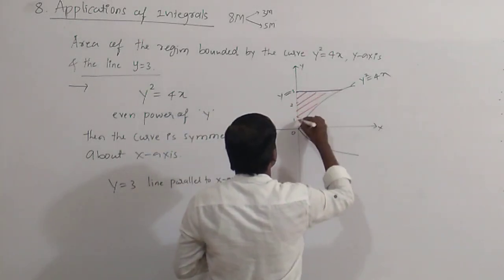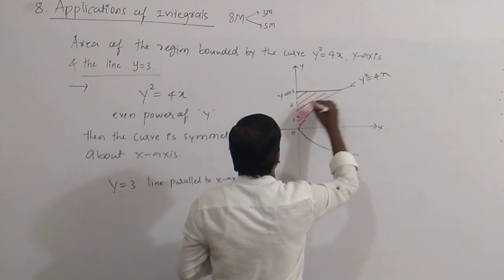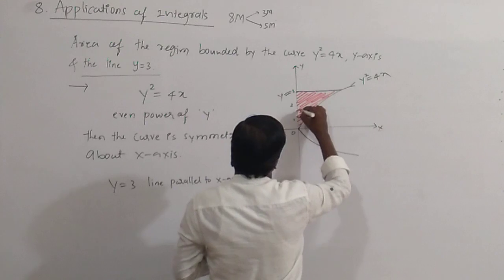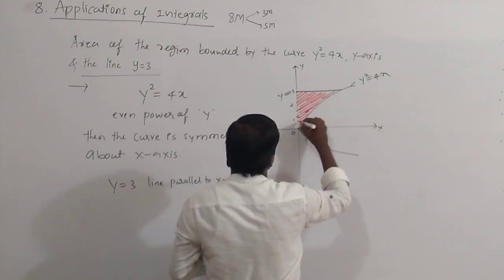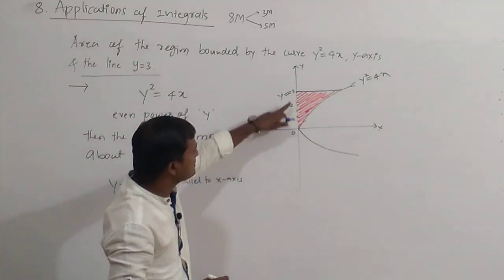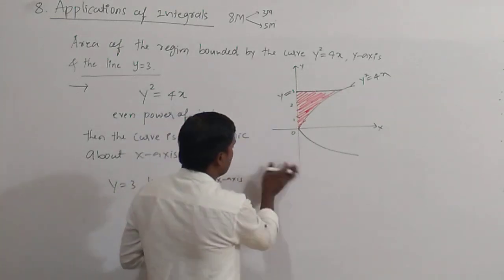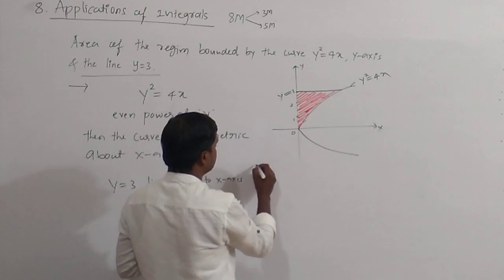The required area is this one. Okay, we should find this region, right? So here clearly this area lies on the y-axis. So you already know the formula for the area of the region